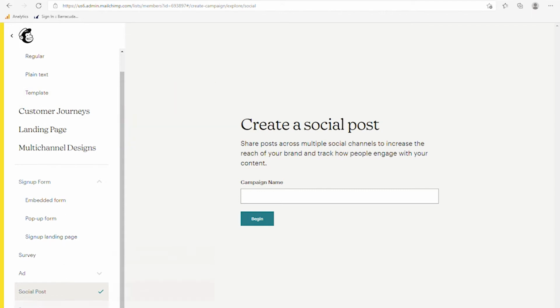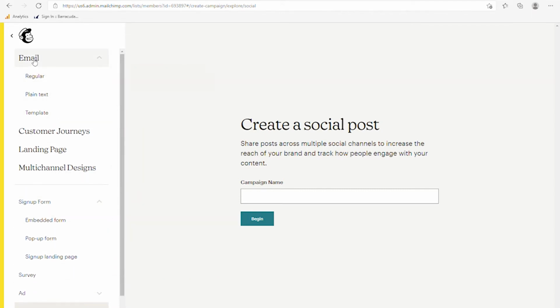Now, we're going to walk today through the creation of a sign-up form and the creation of an email, both using the regular and the template options that are available. Plain text is simply plain text. You would just type in the text that you want to go into the email rather than using the more advanced features. But before we do that, we need to go back and take a look at the audience,